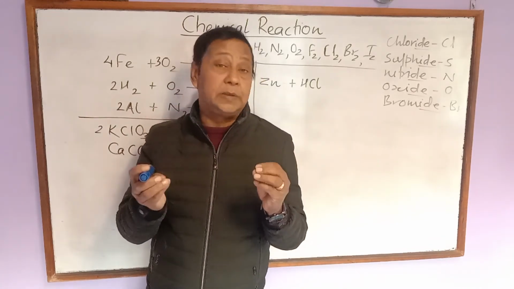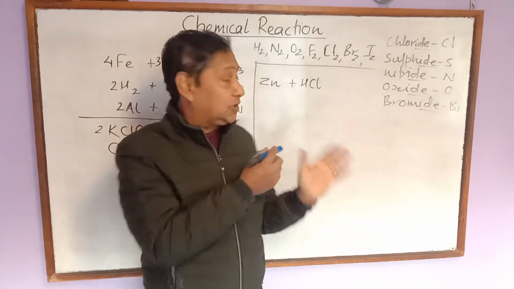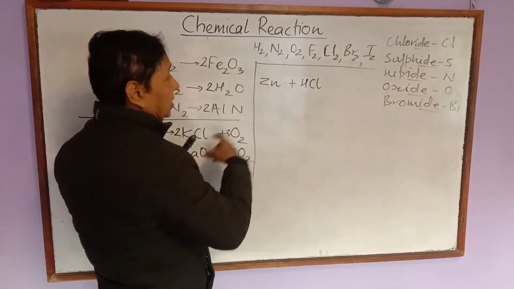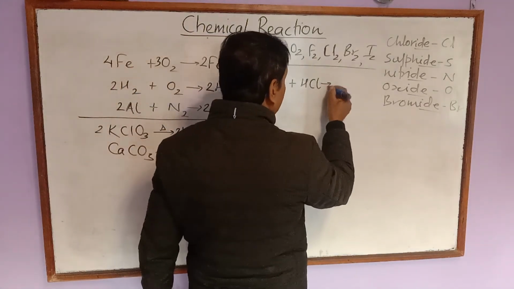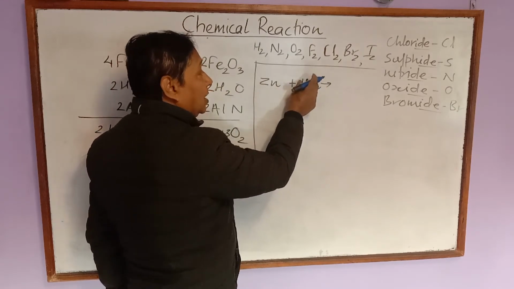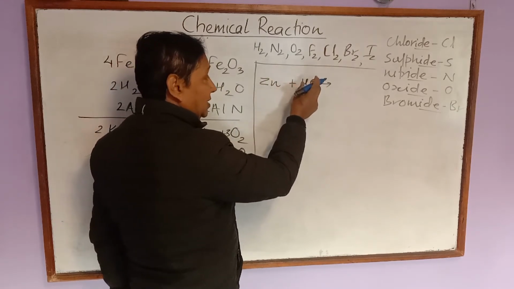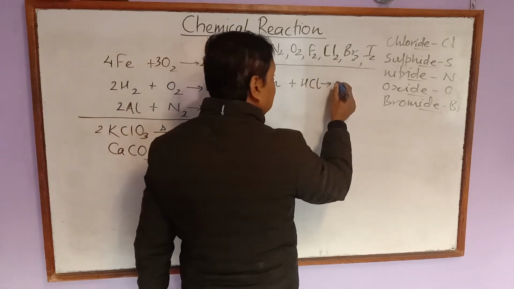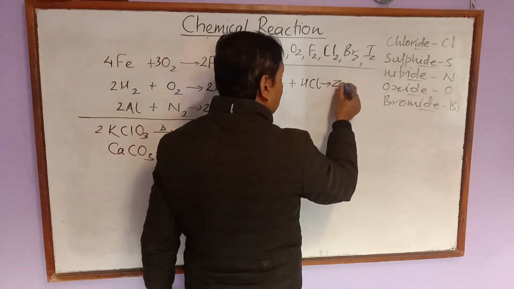The molecular formulas of those compounds should be remembered and written directly. Zinc when it reacts with acid, what happens? Metal, when it reacts with acid, displaces the hydrogen of the acid and forms a salt. Zinc displaces hydrogen and it forms zinc